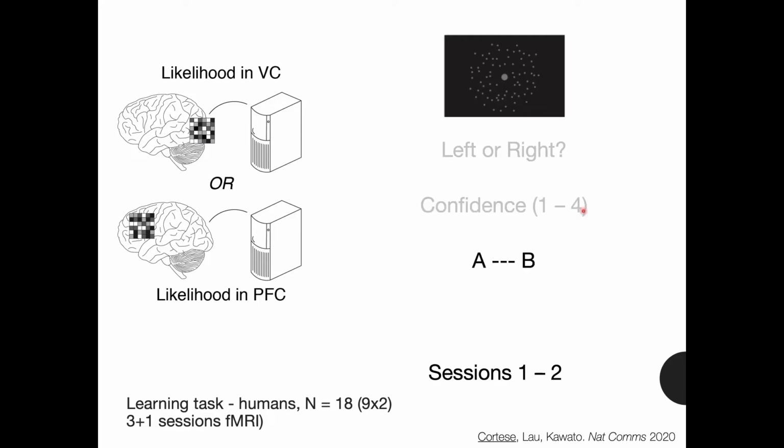And then we ask them, and this is I think the important bit, we ask them to bet on one of two options, option A or option B. If they bet on the right option, they would get a reward. If they bet on the wrong option, they would get just an error signal. And so participants have to learn on which sort of trial, or the brain has to learn under which circumstances option A is optimal, so will lead to reward, and under which condition choice option B will lead to a reward. The experiment was done over 3 sessions.